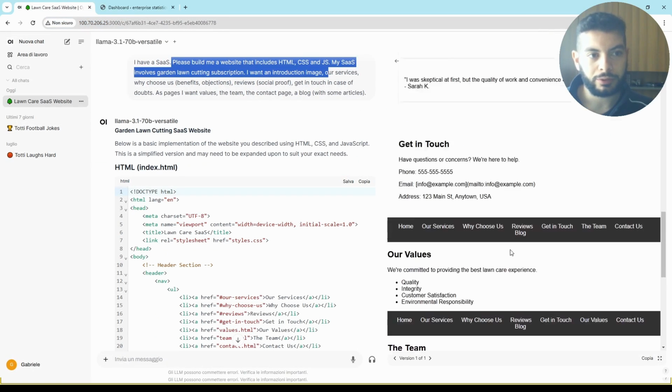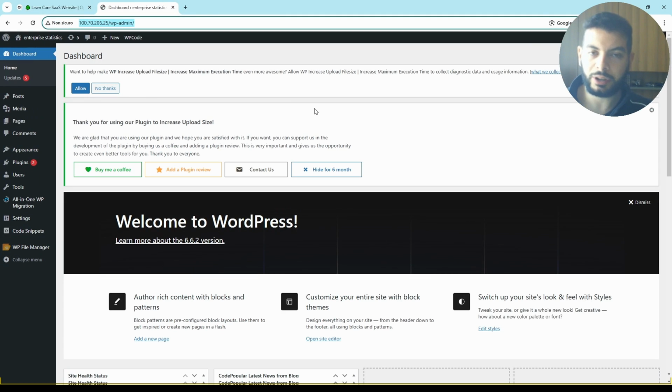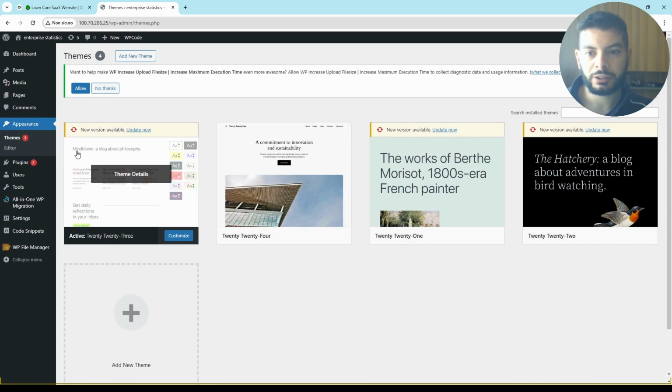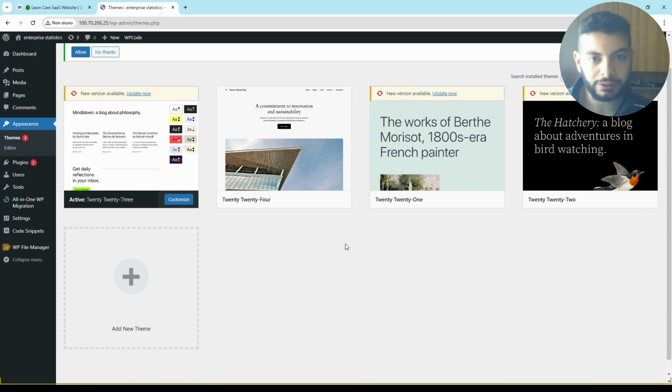So, for example, for the graphics, here you would have to code it. Instead, on WordPress, again, this might sound obvious for some of you that see this video, but we go to Appearance, Themes, we have something already built, so something standardized that you can customize, and the problem is solved.